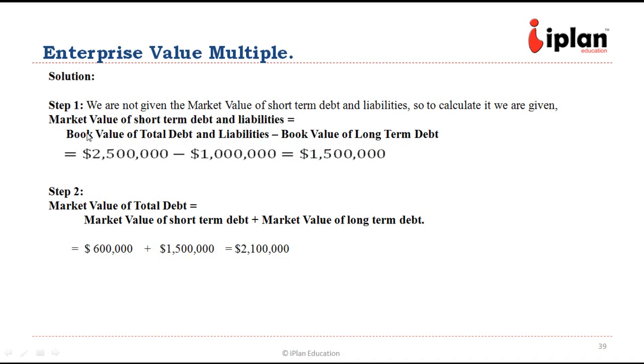So here it says the book value of short-term debt and liability can be calculated from total debt and liability minus long-term debt. So that can be assumed to be equal to market value. For short-term, market value and book value are the same. So we have taken the difference of these two. So $1.5 million. This is the book value of